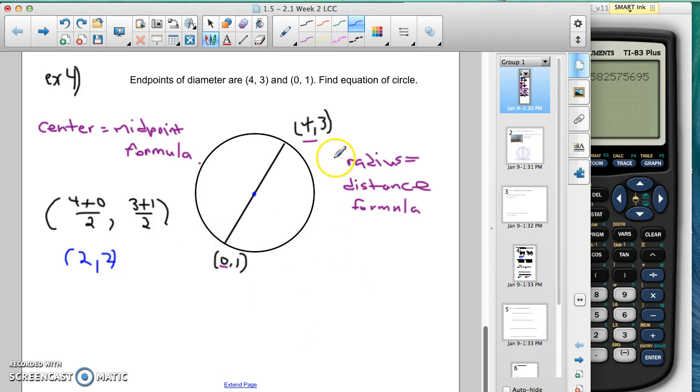Now the radius, after you find that midpoint, we're going to use the distance from this point 2, 2 to one of the endpoints that we choose. It doesn't matter, we can just pick one of the endpoints, and we're going to do the distance formula on that. So I'm going to take these two lower values here for the distance formula. The distance formula here is the square root of, we're going to subtract the x values, so we're going to have 2 minus 0 squared,